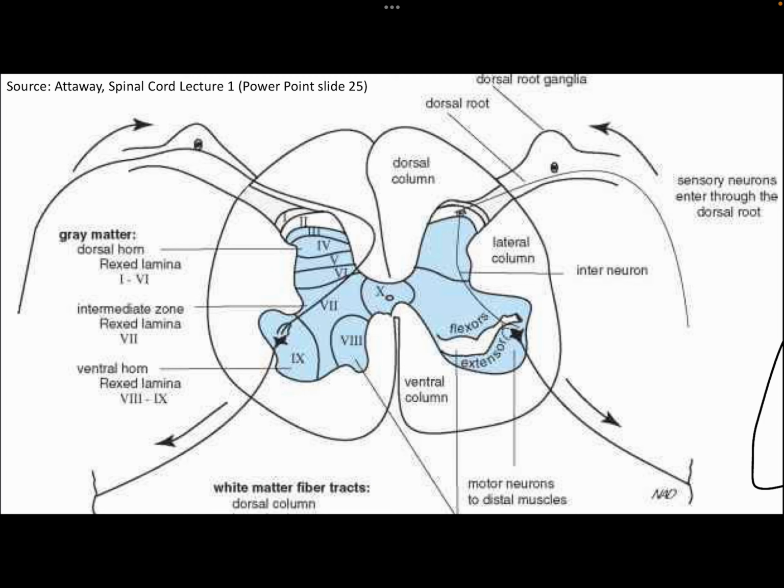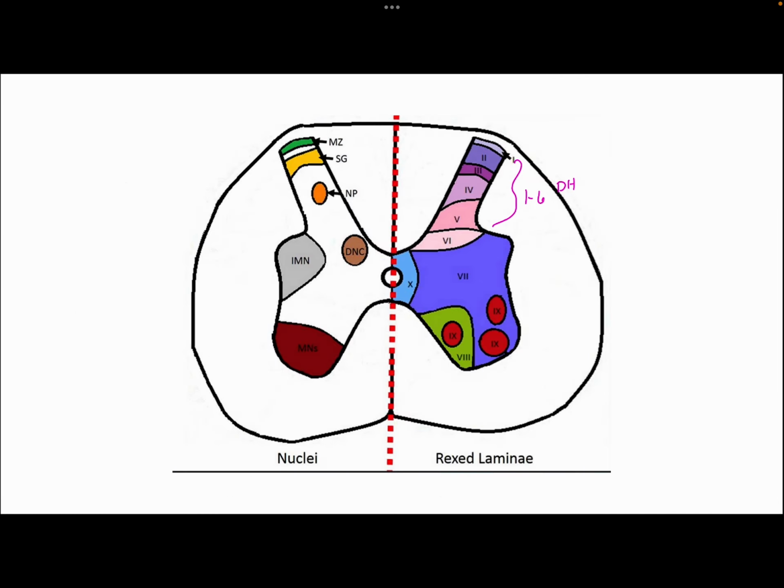So lamina 9 is going to be three clusters actually, of large alpha motor neurons innervating striated muscles. And that is going to vary between the levels in the size and shape of those clusters. And it's going to partially correspond to the lateral and medial motor neurons. So you can see in red there, those are the three clusters,